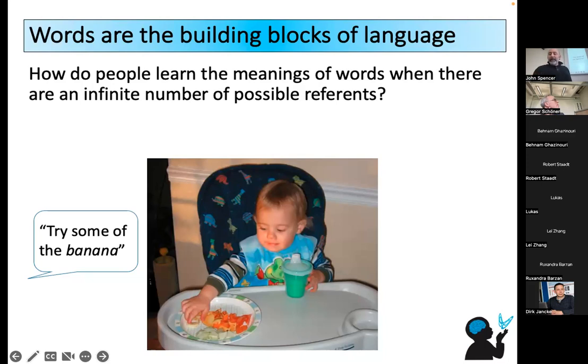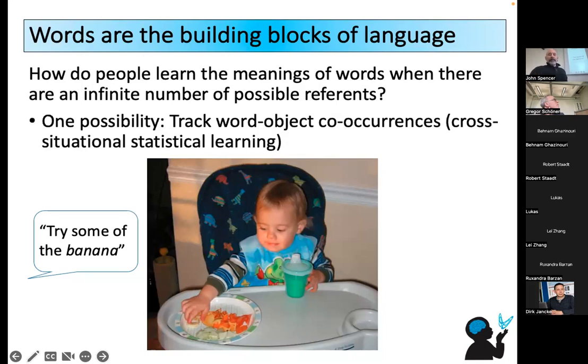And one of the ideas in early word learning is he might track word object co-occurrences across situations. So he might track the fact that when banana is said, there's this white kind of soft substance somewhere in the visual world, and that might contrast with when the word tomato or the word cucumber is said. And every time that word banana is said, there's this kind of white mushy stuff. So that must be what banana is. So if we could somehow track the statistics of what's present when words are said, we might be able to figure out word